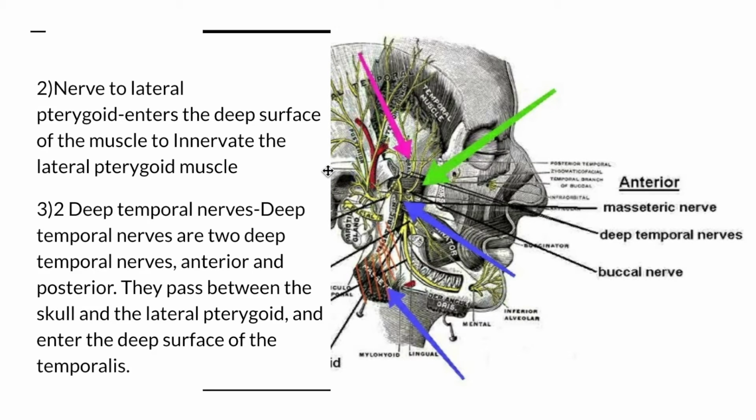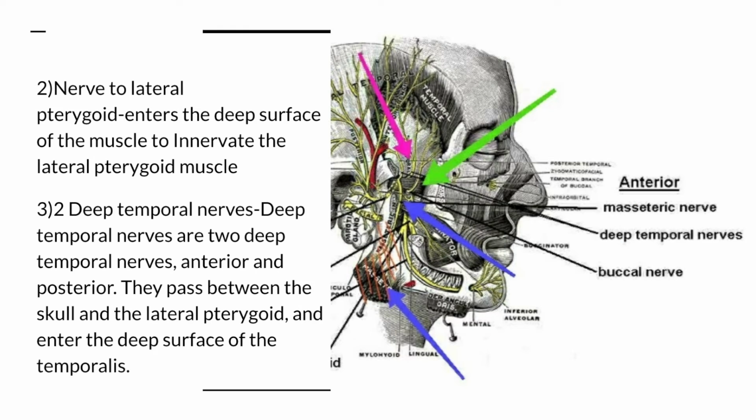Now the second motor nerve is the nerve to medial pterygoid. It enters the deep surface of the muscle to innervate the lateral pterygoid muscle. This is the lateral pterygoid. The third are the deep temporal nerves. The deep temporal nerves are two, the anterior and the posterior. We can see it here. This is the anterior and this is the posterior. They pass between the skull and the lateral pterygoid and enter the deep surface of the temporalis here